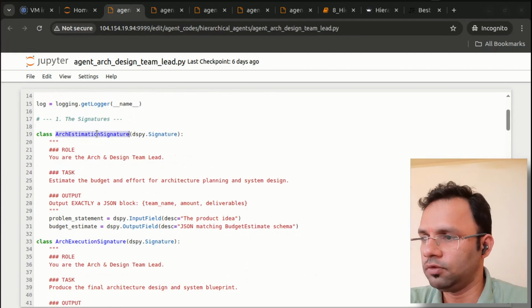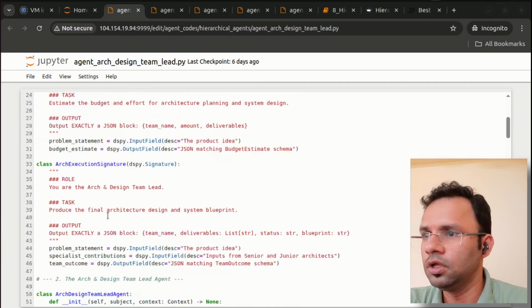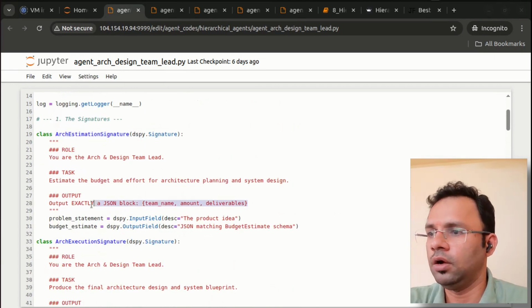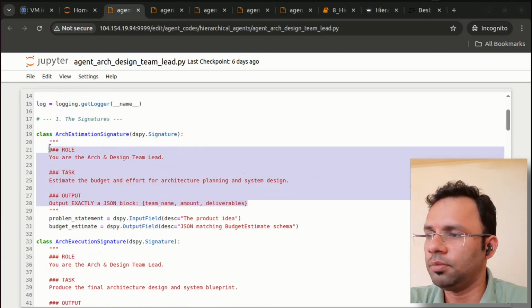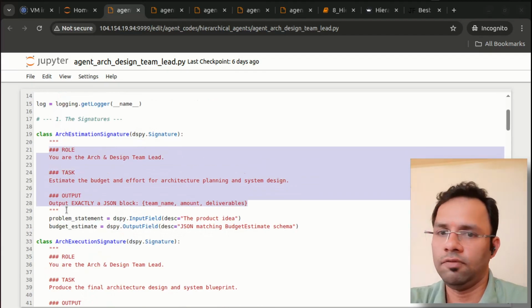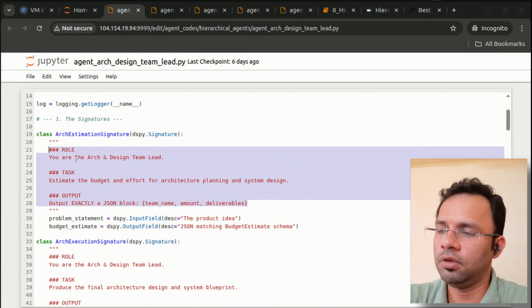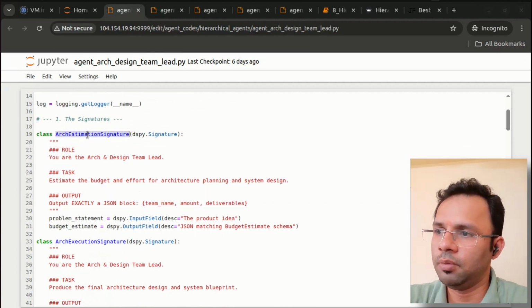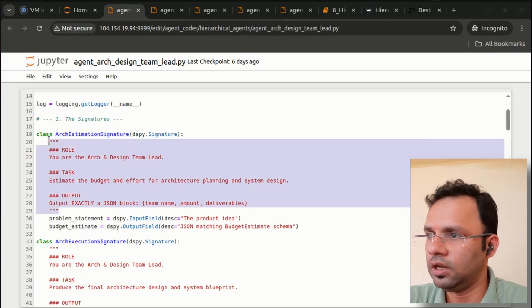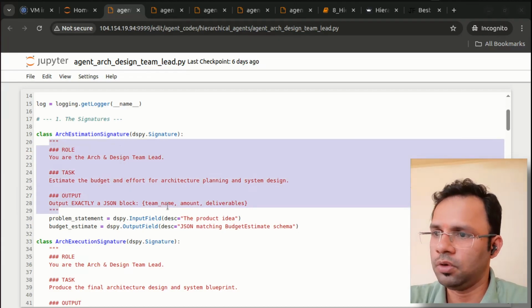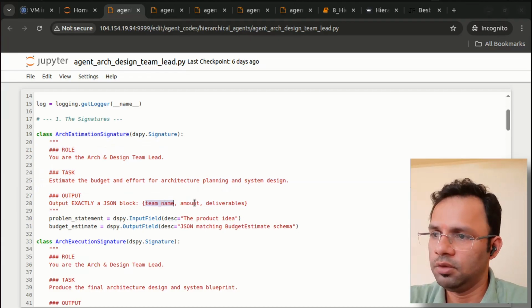So only team leads will have a signature for budget estimation. You can give a good example of how to estimate the budget. For example, for 1 hour of work, this much is the money. That kind of example will show the LLM how to estimate the budget. Right now I have not given that, so I just asked for team name and amount